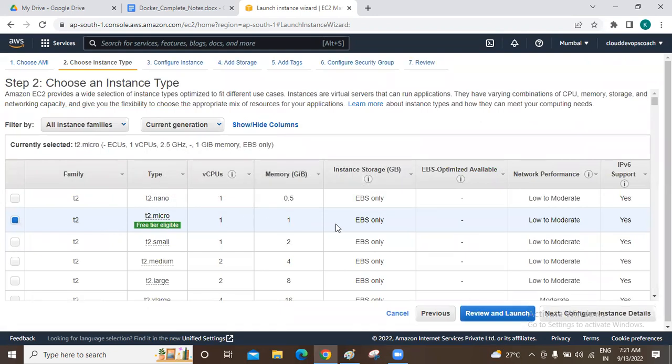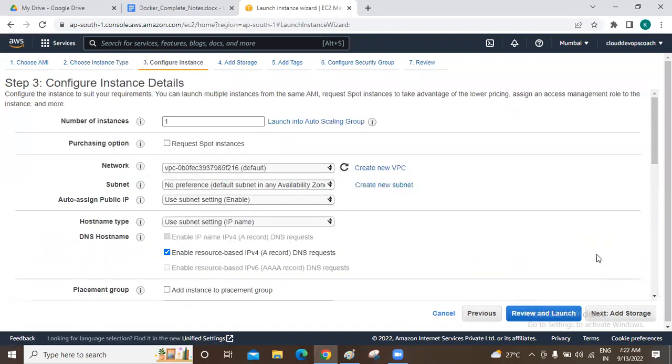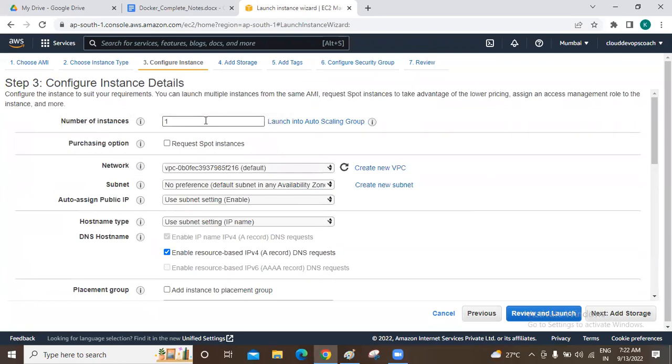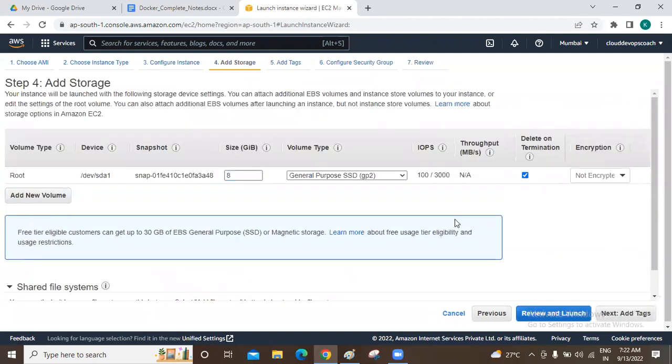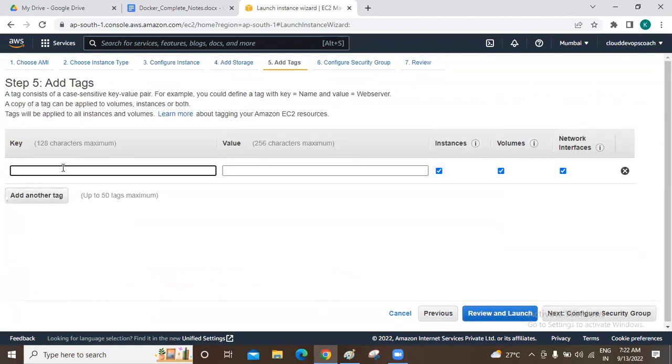If you want to run multiple containers, I mean hundreds or tens of containers, then you have to choose a higher version. But for our learning and for real time also, this is enough, because we may not be running more instances, right? So you can keep network settings and other things by default. I want to only have one instance. Then click on next, add storage. Very simple. This 8 GB disk space is enough for us. Then click on add tags. Here let's name it as name equals to Docker host. It doesn't mean that you have to name like this. You don't need to give the name also, that's fine.